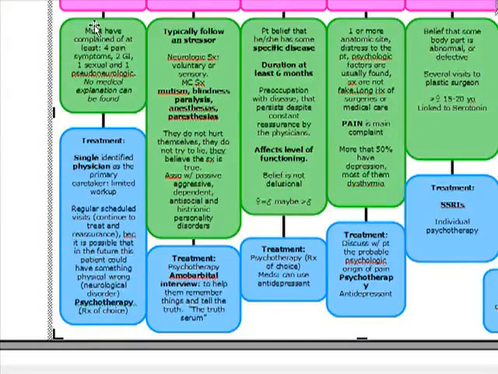Next is going to be conversion disorder, and what we have to know about conversion disorder is that it's going to typically follow an acute stressor, okay? And it's going to be 1 or 2 neurological symptoms that are going to affect either the voluntary or the sensory nervous system. A lot of times on the test, it's going to present as mutism, blindness, paralysis, anesthesias, or paresthesias. These patients are not lying. They're not trying to lie. They really believe the symptom is true.